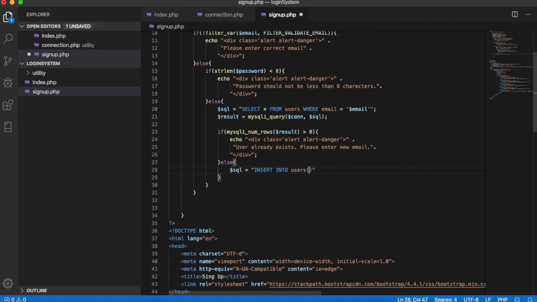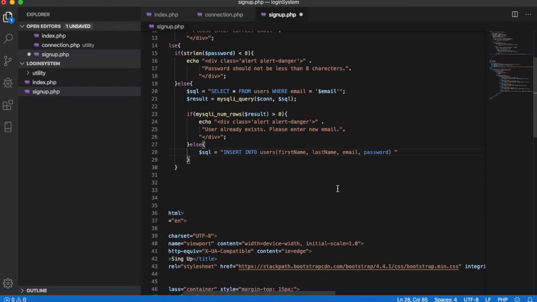The users table will have values of, we don't have to mention the ID, so first name, last name, email, password. So the users table should have 4 fields, and the values will be